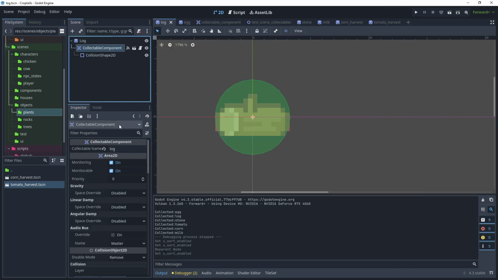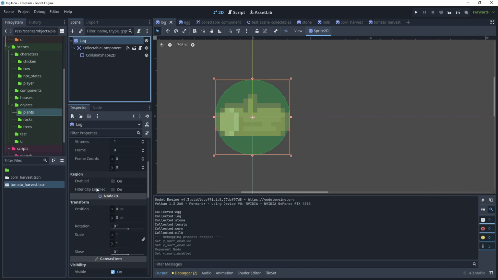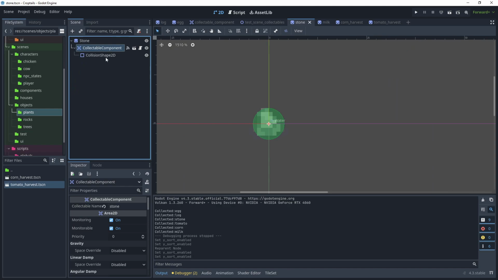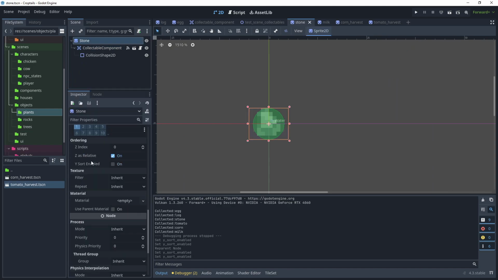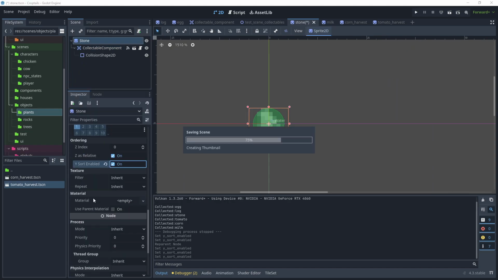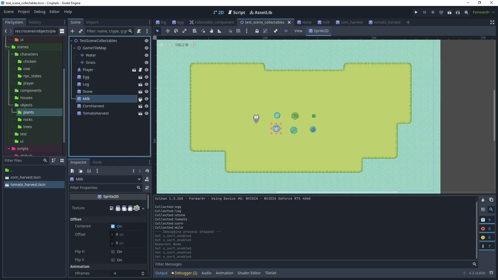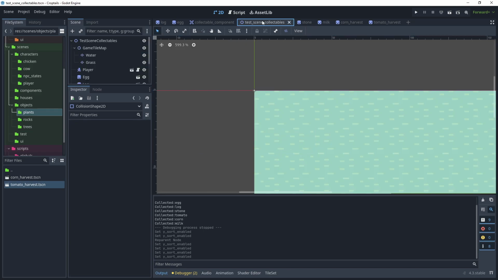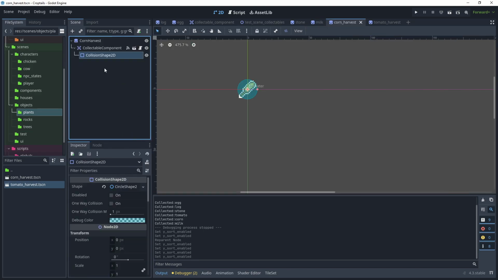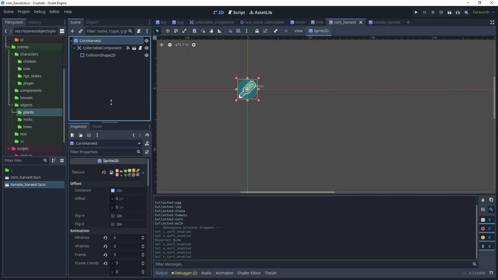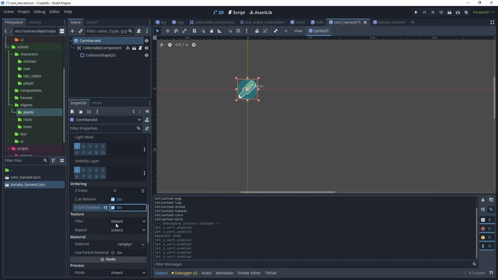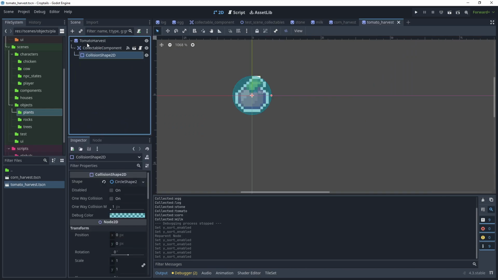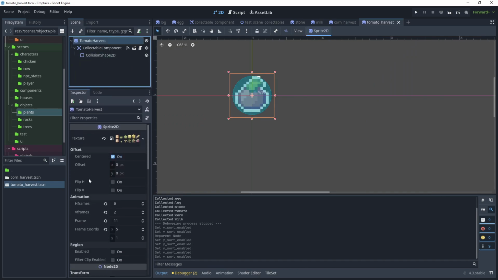Then open the log, and on the sprite 2D again, go back down into ordering and turn on Y sort. Then stone, scroll down and make sure Y sort enabled is on. Back to test scene, open up the milk scene, ordering, turn on Y sort enabled, back to test scene, then to corn harvest, click sprite 2D, ordering, turn on Y sort, and then finally for the tomato harvest, let's just open that scene too, and let's just enable Y sort on this.